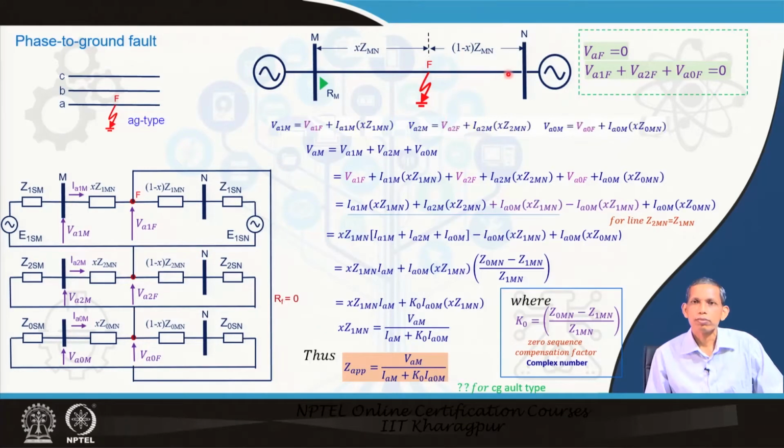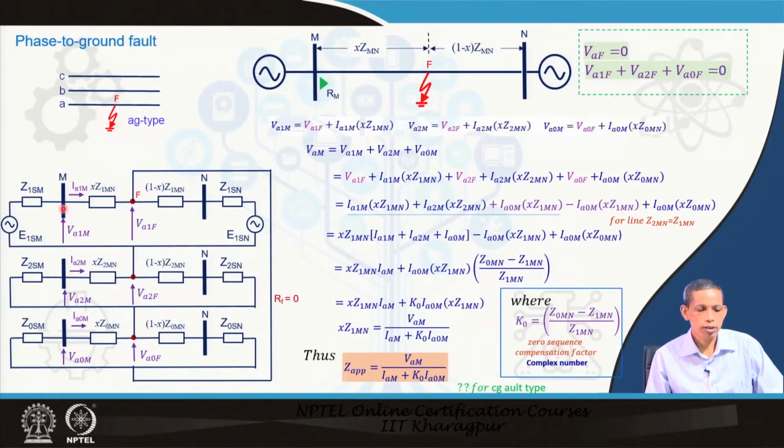For the same system, we will now consider the phase to ground fault, and for simplicity we consider a phase A to ground fault, which you can extend to other faults like BG and CG types. So, a phase A to ground fault at F. For such a system, the positive sequence, negative sequence and zero sequence networks will be connected in series. For derivations we are considering RF to be 0, otherwise there should have been a 3RF here. The data processed by the relay is only this voltage and current data.